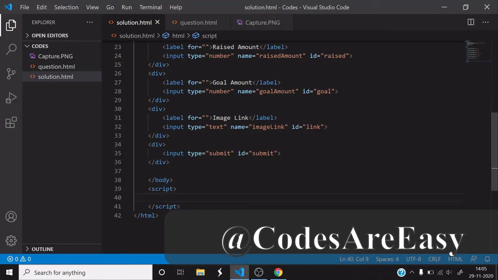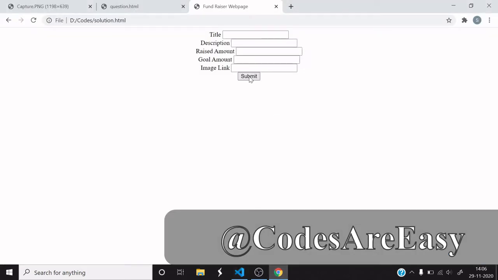What we want is, once this submit button is clicked, we want this code to do something.